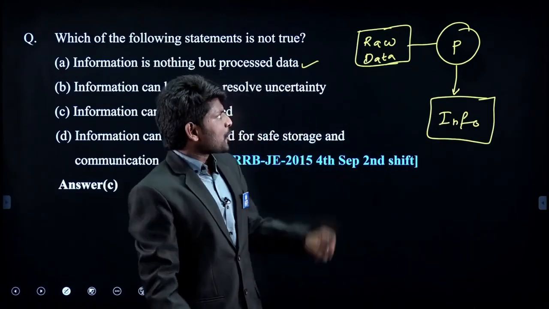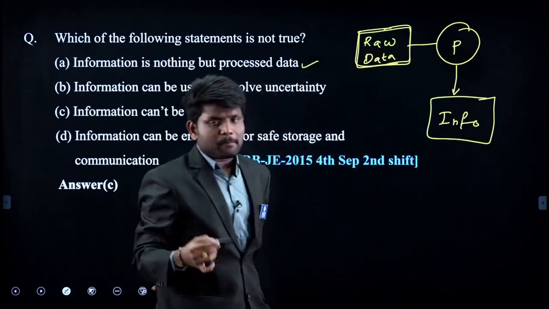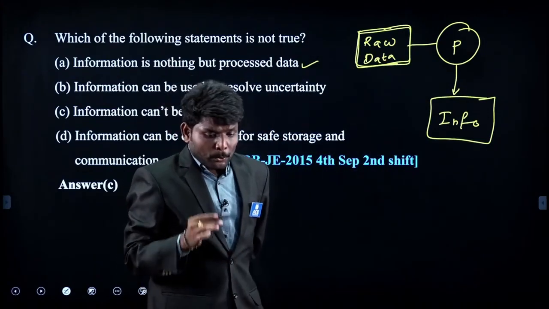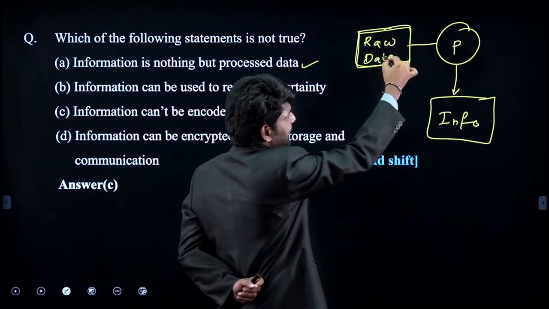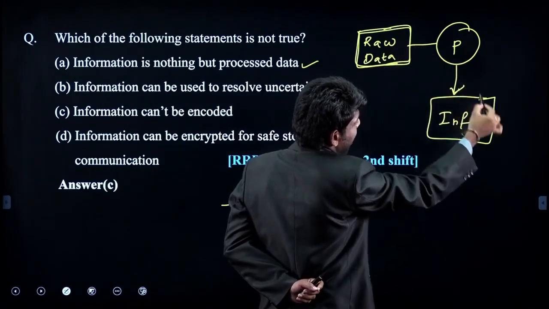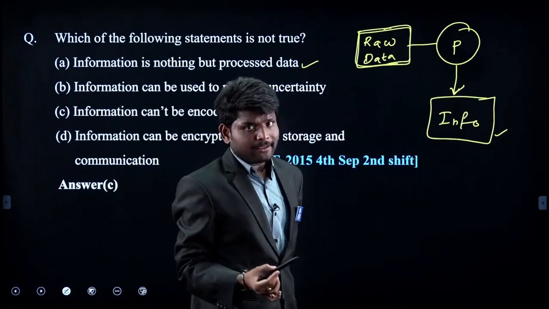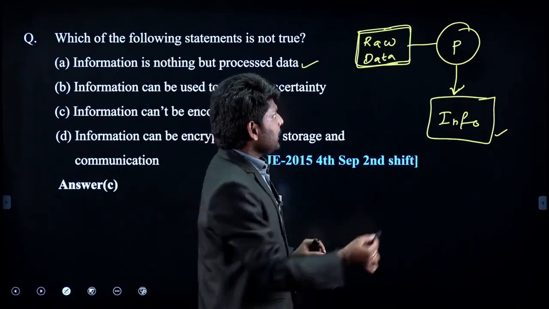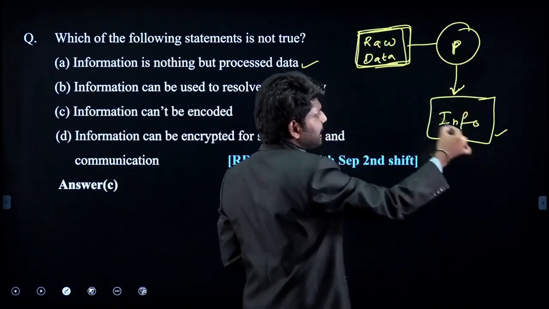Okay, so what do I mean by this? Generally we collect some raw data. Let us say we have collected marks of different students. Then, to analyze the performance of the institute, what will we do? We will take the average of all the marks. Whatever average we take, that will be considered as information. I am repeating this example again. Raw data is nothing but unstructured data. Fine? We will process that raw data to generate the information.